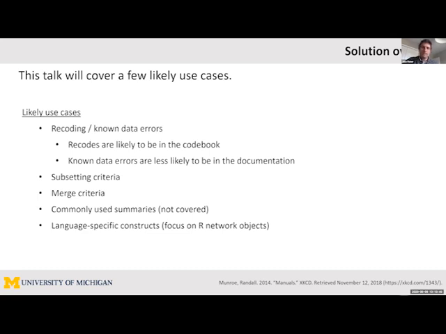There are a couple of other use cases that I included in the paper. One is commonly used summaries. Here I'm thinking of things like, this is how we constructed wealth. We use so-and-so's code, and we've kind of got a standard way of doing that. Those are actually fairly commonly in use now as it is. So like, I want to say it's HRS that's distributed with code that somebody at RAND produced about how to calculate wealth. And so I'm going to leave those out for the sake of this.